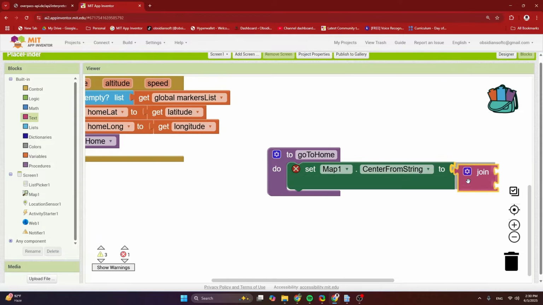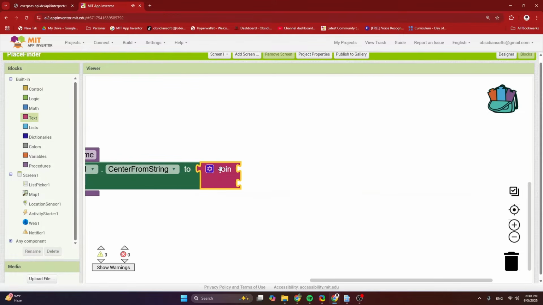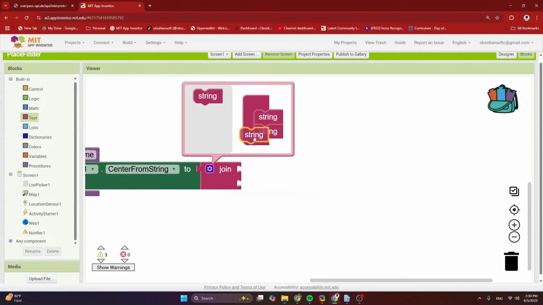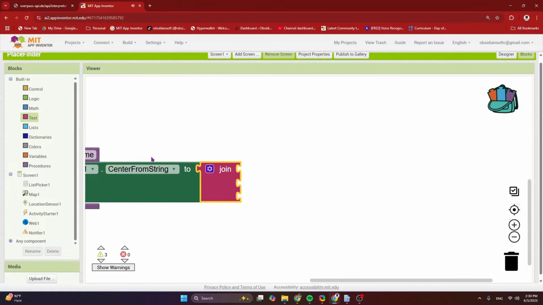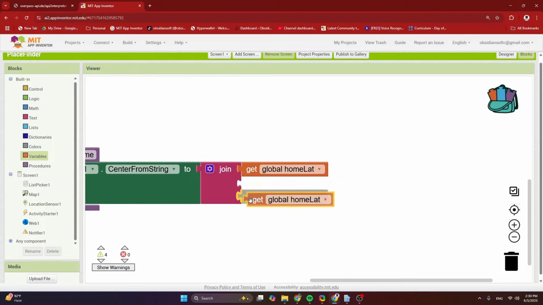So it's basically a join of three things. So I click on the cogwheel to add another string to it. Okay, and the first one is our home latitude, and if I right click, duplicate, the last one is our home longitude, and in between there's a comma. So just an empty text block and I type in comma here.